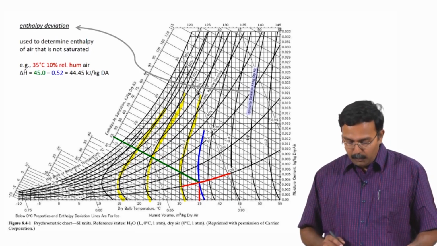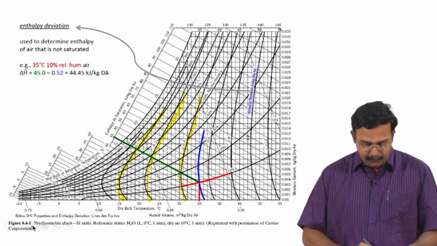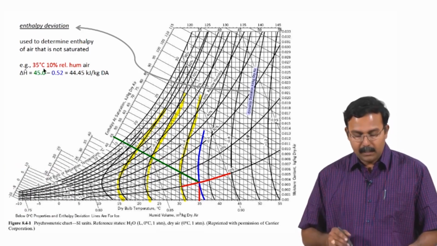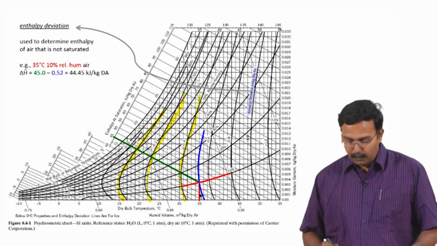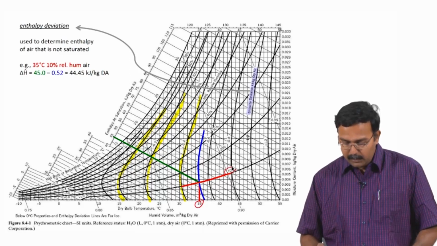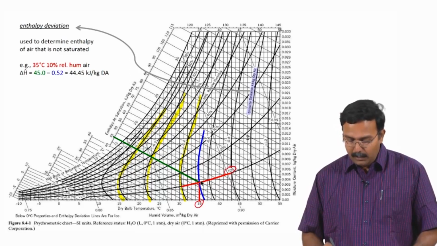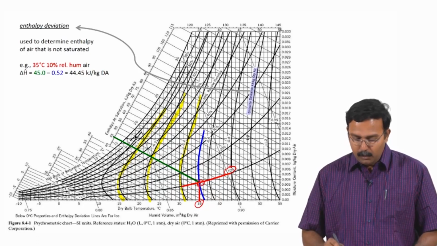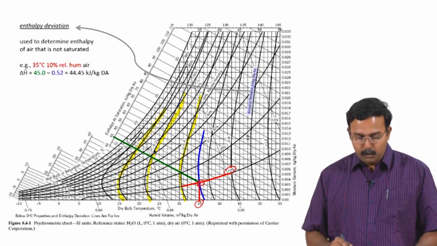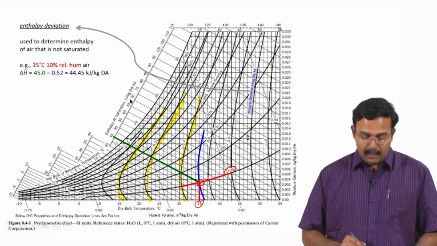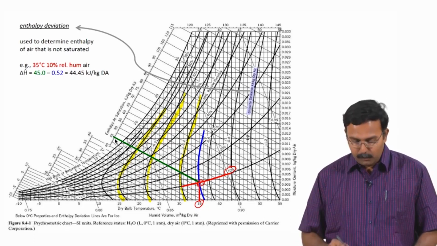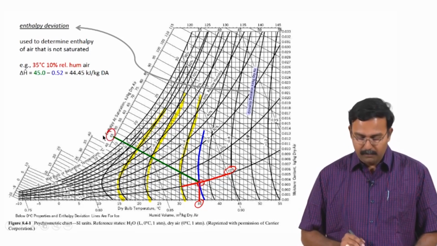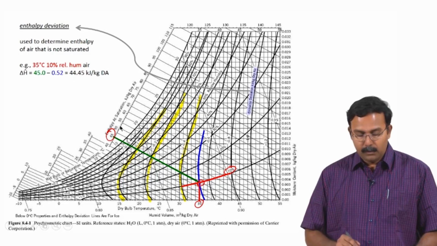So, how you go about doing that is, you basically first identify the conditions. So, here it has been identified as 35 degrees Celsius and 10% relative humidity. So, you have 35 degrees Celsius and 10% relative humidity, you identify the point, and in this point you draw a line through the slanting line which is used for measuring the enthalpy for the wet bulb temperature. You go all the way to the enthalpy at saturation, which is identified as 45,